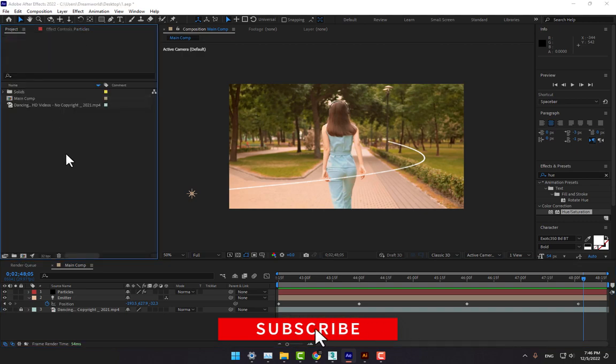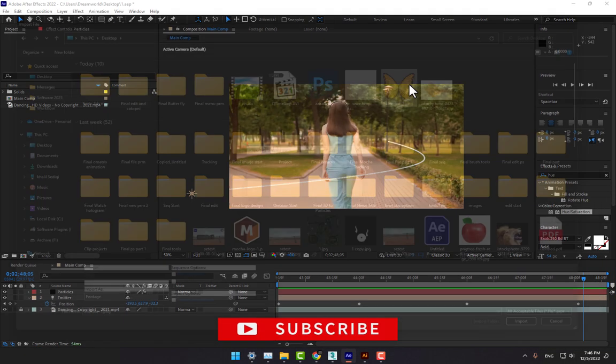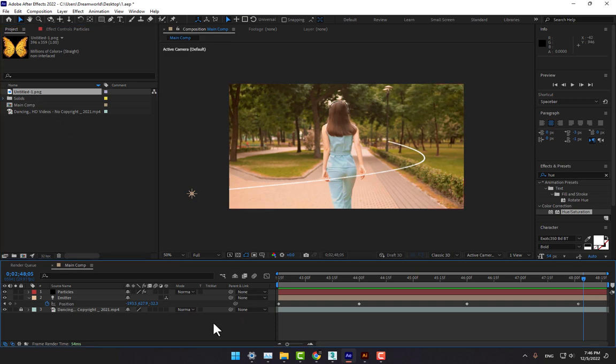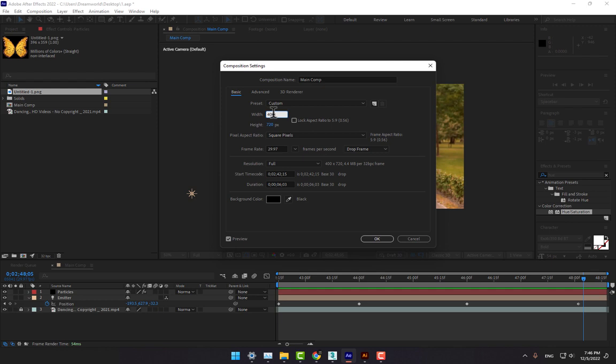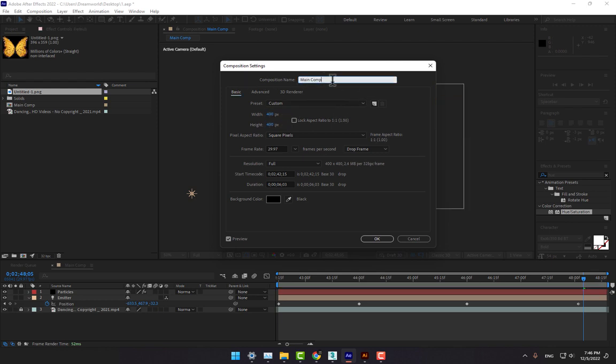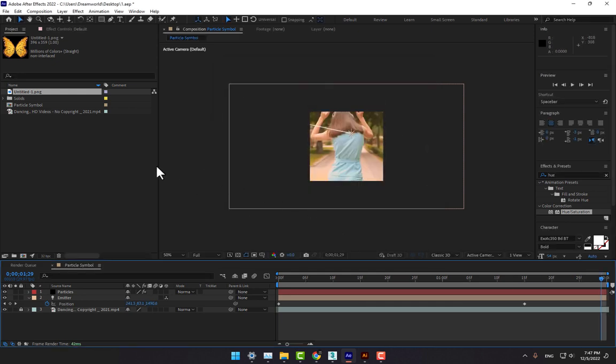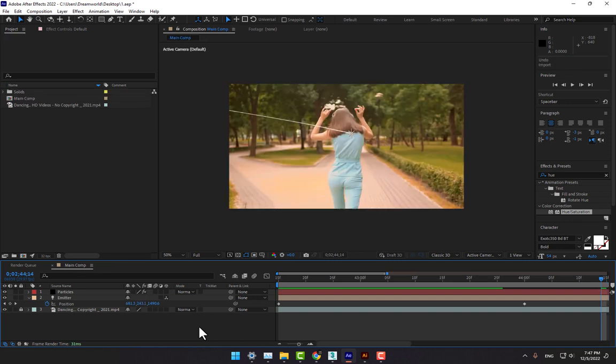So go to project, double click, desktop, select the butterfly and create a new composition. 400 pixels, name it particles symbol. 0 0 0, set this one to 2 seconds, then 0, press OK. So Ctrl Z, Ctrl Z,